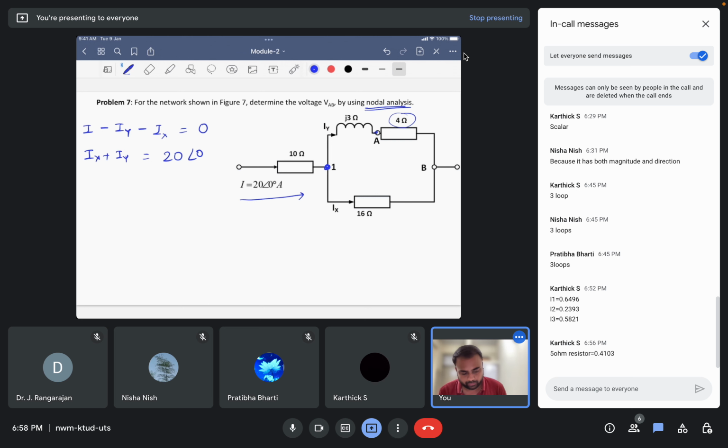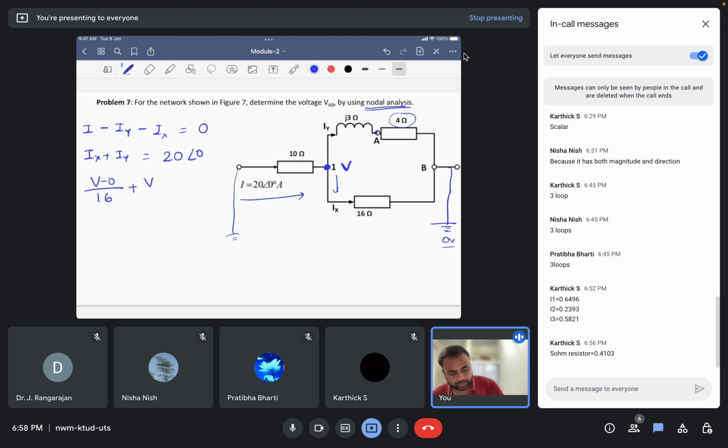So let us write the current Ix. Let us assume that this node has some voltage V, and the current is leaving the node. So we can write the current Ix as V. Again, we are taking this as a ground node. This has to be a closed circuit, so let us assume this to be a 0 volt ground. So V minus 0 divided by 16 ohm, that is the resistance, plus